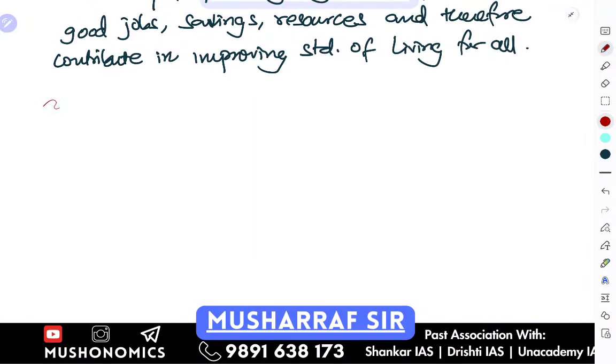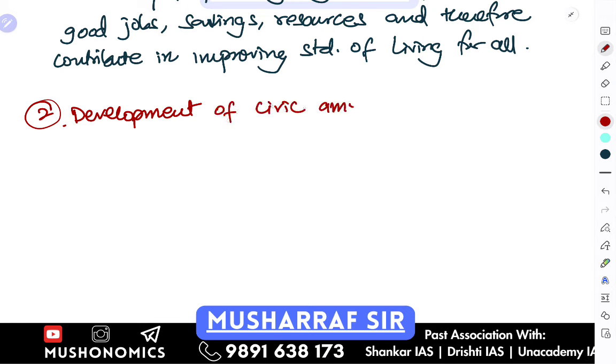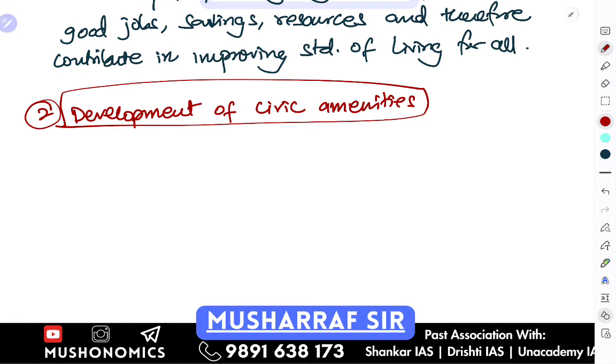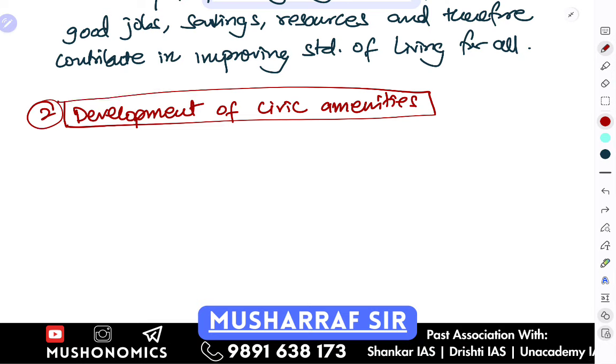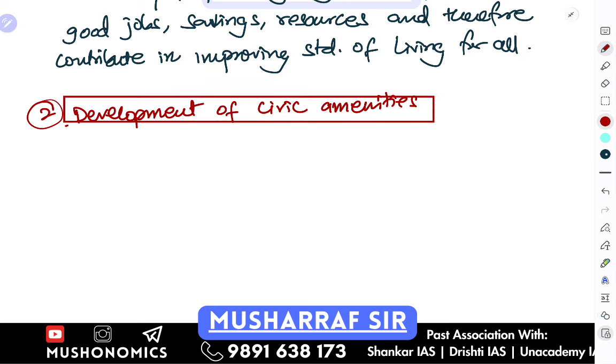Now the second policy that we can talk about here is development of civic amenities, development of clean drinking water, etc. So development of civic amenities. What things are there under civic amenities? Let's understand. So for example, civic amenities like clean drinking water,